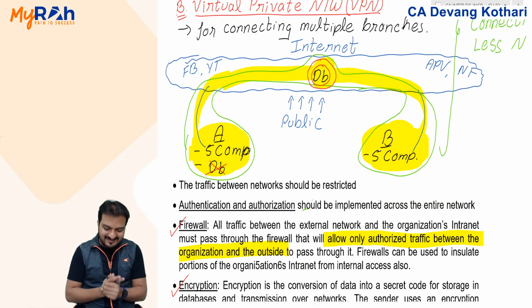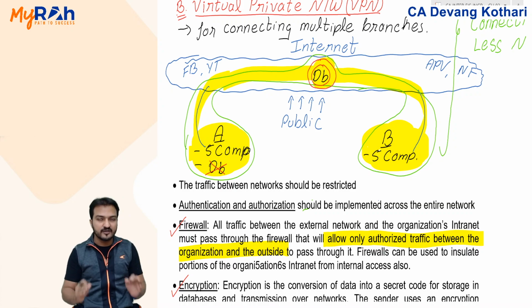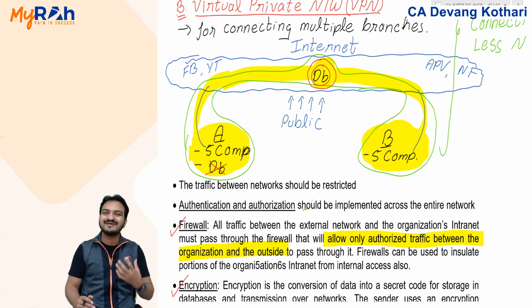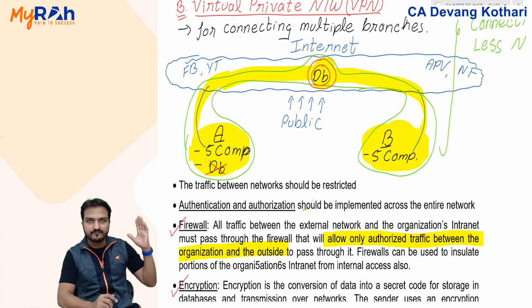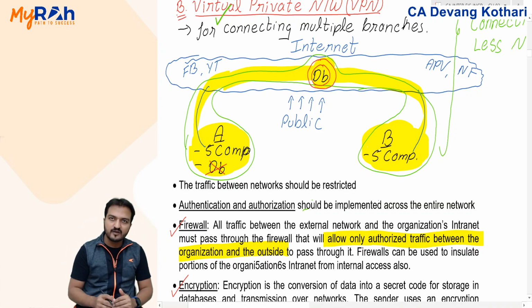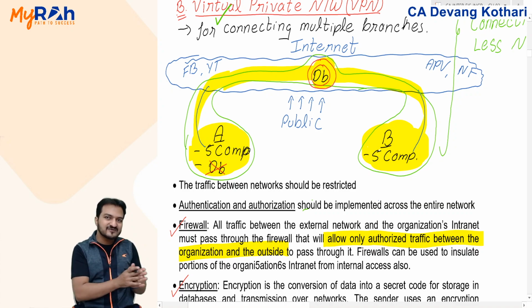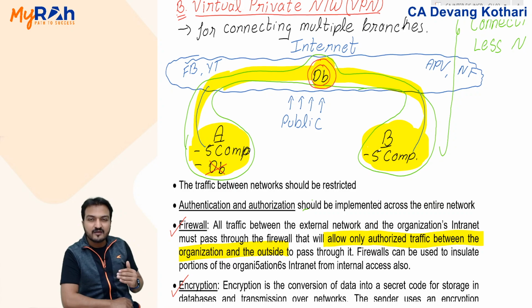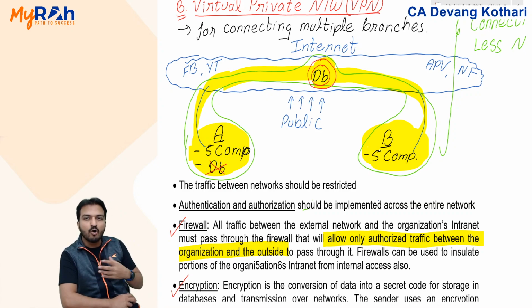Yes. So this creates my virtual private network. It is my private network created on the public network. The word virtual means artificial. What is artificial here? Is the network artificial? No. Privacy is artificial. So virtual private network means that I created my own private network on the public network